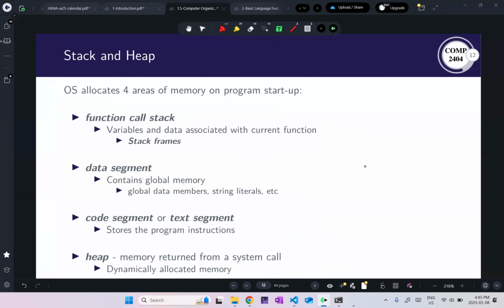All right. So, the other thing that happens when we compile a program and run it is that a bunch of memory is allocated for us. So we looked very generally at the RAM, right? A RAM is just a big, long piece of memory. But we're going to divide that up into a bunch of different sections to be used for